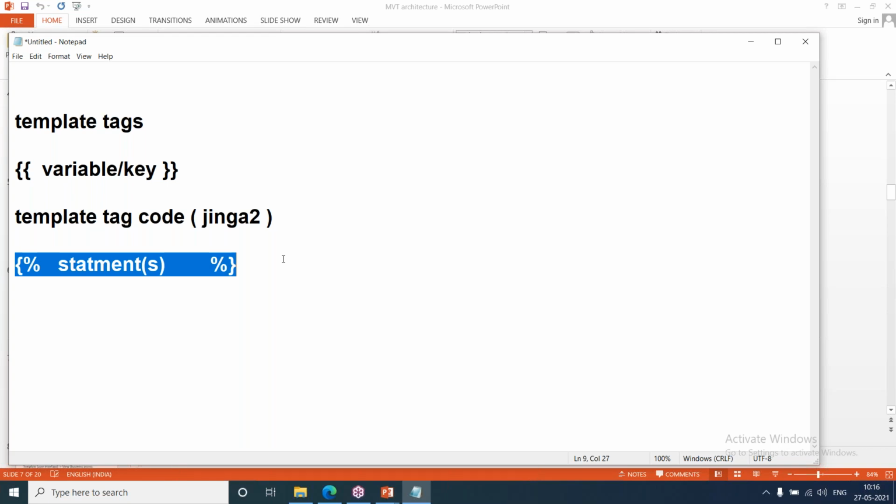Variable names, key values, or statements are in Python only. Browser can understand all the client-side technologies. Browser cannot understand server-side or backend technologies. Server-side code it will not understand.